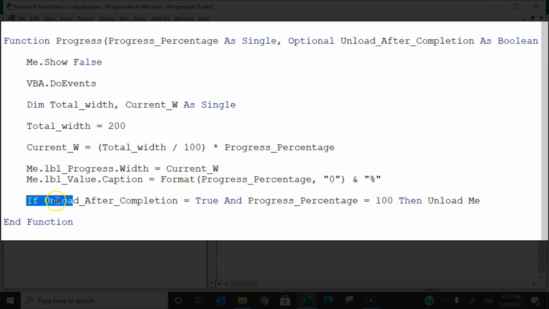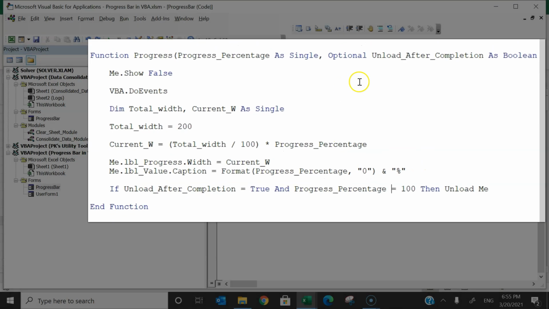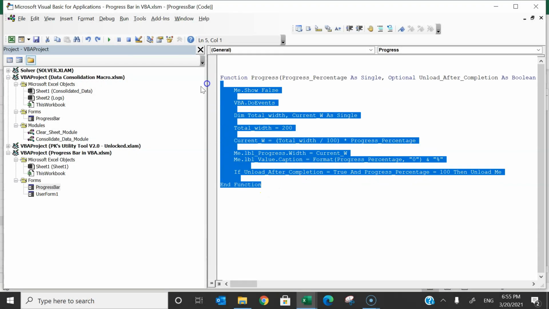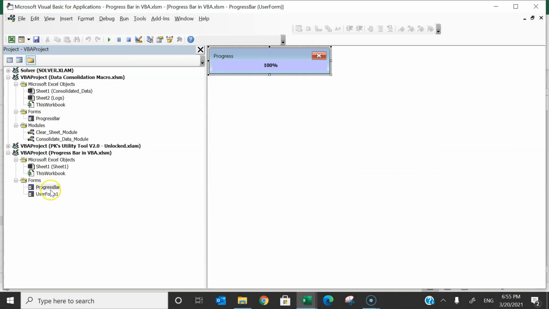Alright. And here we are putting one more condition, and that is if unload after completion is true and progress percentage is 100, then it will unload the form. Alright friends, so this is the code which we have used to create this one. So you can use it in your project. It will be helpful to show the progress.